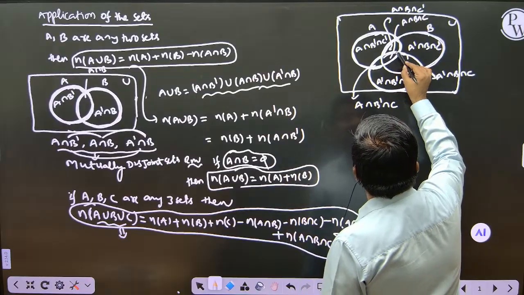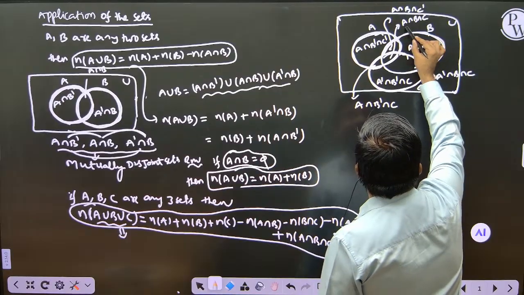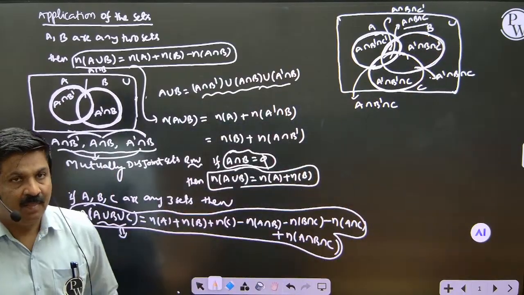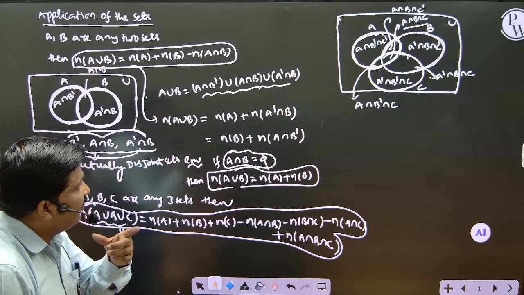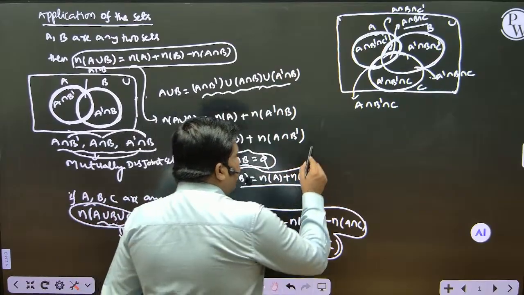But this is the commonality of all three sets, so it is A intersection B intersection C. So this is the Venn diagram. So if we asked n of